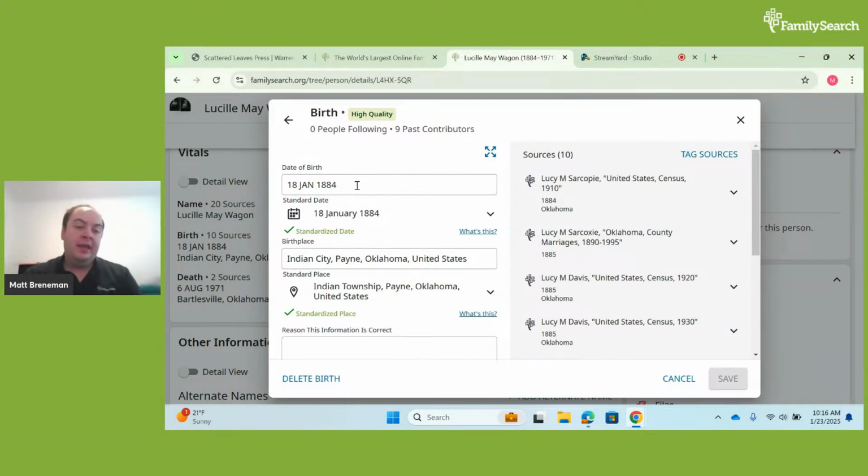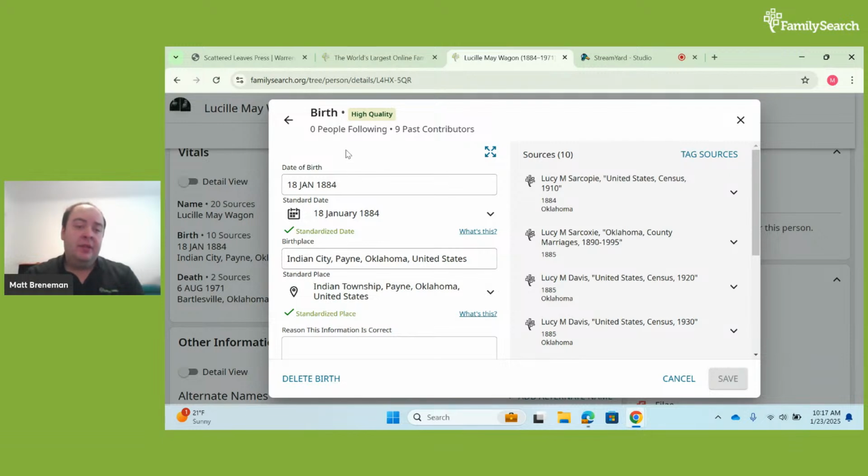So we'll say 18/1, 1884, while people in other parts of the world, including Europe, they'll always put the month first. So it'll be 1/18, 1884. So to avoid any confusion, we put the date, then the month spelled out like this, and then the year. So that's clear to anyone who sees this information.